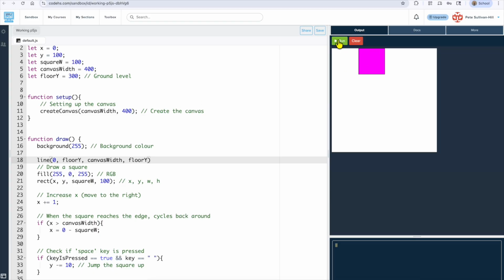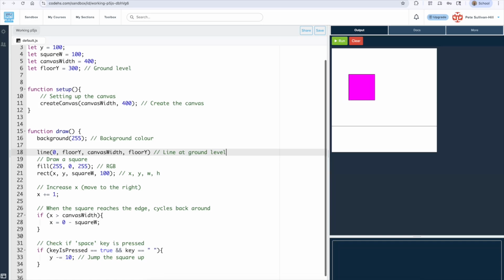So let's just run that. Okay, great. So you can see now we've got our line running across. That's the floor where we kind of want it to be. So let me add that comment in here. So it's going to be a line at ground level, and then we want to